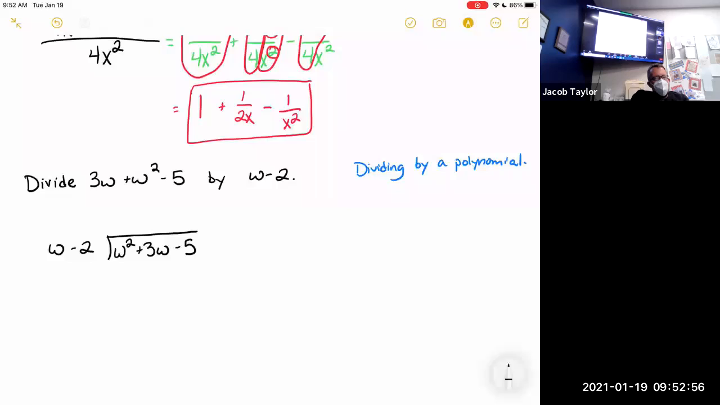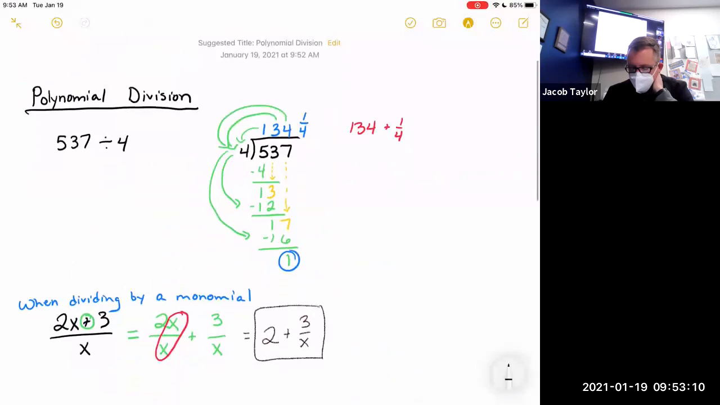W minus 2 be just 2w? No, just plain old constant. Okay. So if we go back up to our original division problem, the first thing we asked ourselves in this just